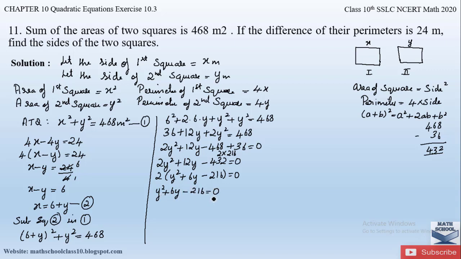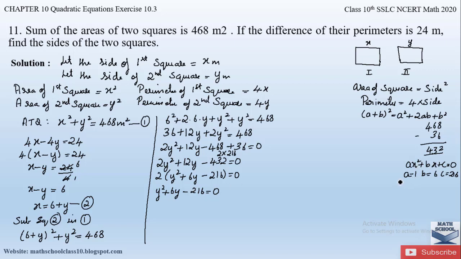So we have obtained a quadratic equation here. So now apply the factorization method and find out the factors or value of y. A standard form of quadratic equation is given by ax square plus bx plus c equal to 0. So with this, if you compare, the coefficient of y square is a, that is 1, b value, coefficient of y, is 6 and the constant is 216. Okay, we are just taking the numbers here. We are not considering the sign since we are using the method splitting by middle term.